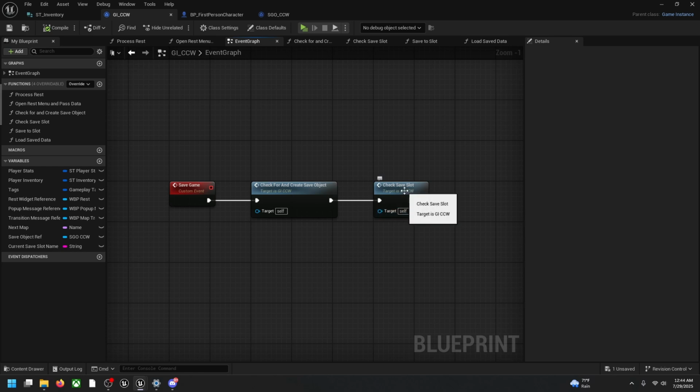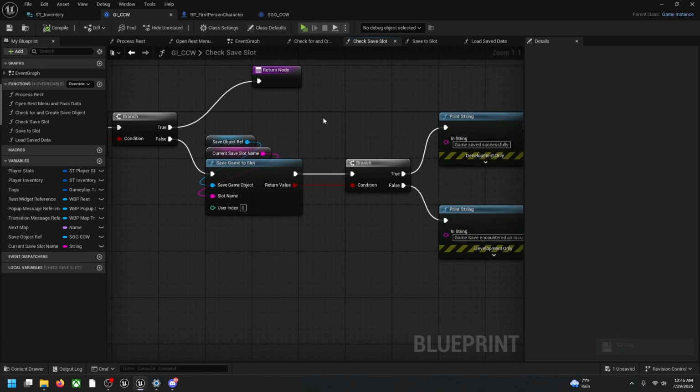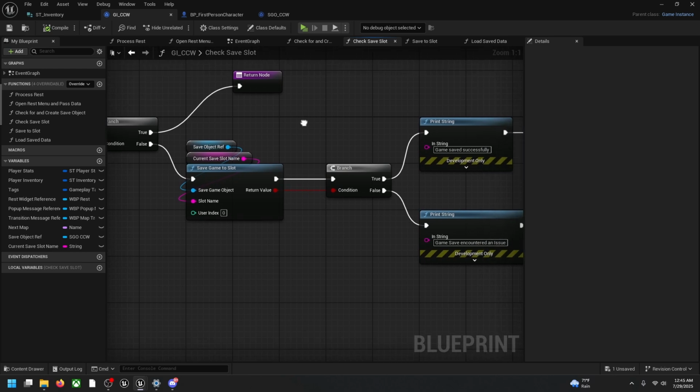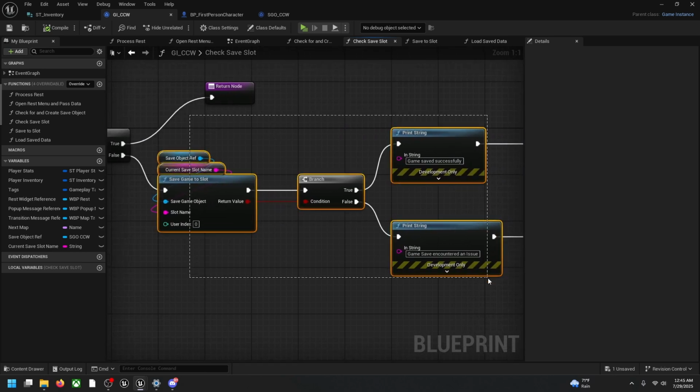We check the save slot because we're saving the game. This is necessary because later on it will allow us to add a prompt asking the player if they want to make a new game. So